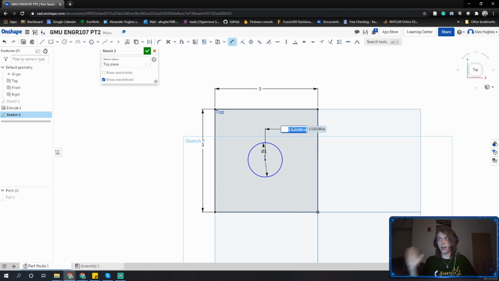So let's say I want it to be halfway along that edge. The edge is 3 inches. I want it to be halfway, so I'm going to divide it by 2. 3 divided by 2 is 1.5. I hit enter. It automatically places it down. Now notice